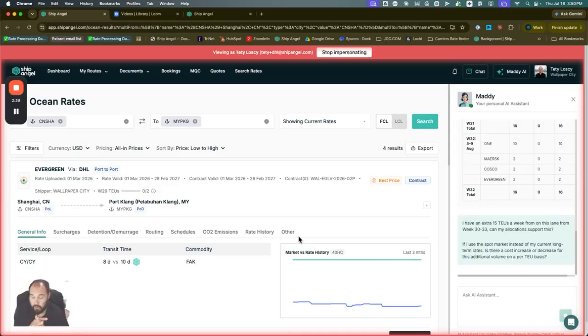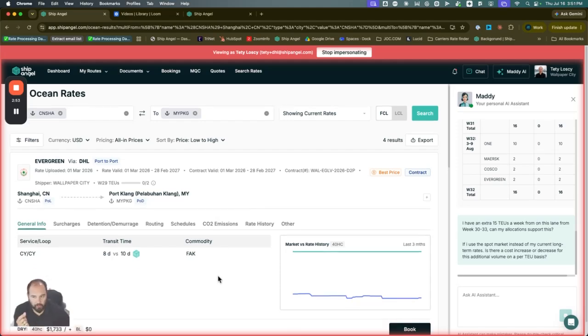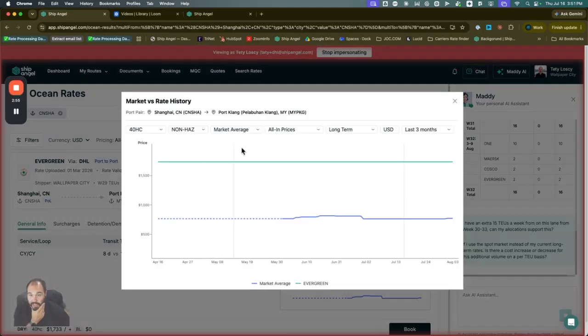And so what we're trying to figure out is, okay, great, I have rates, I have some allocation that I could use, I have now a potential total of 30 plus TEUs to move. 16 of it is covered. I have open bookings currently. I could go finagle, but I might have to go to the spot market. Well, I can figure that out today by looking at my rate on the long-term market.